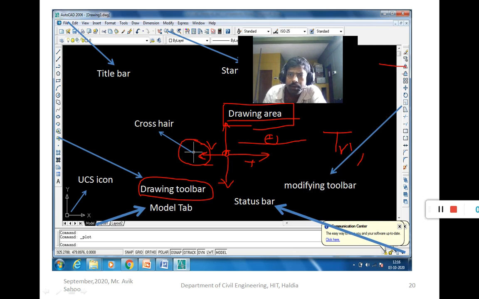This is the mirror command, this is the move command, this is the extend command, the trim command. So a lot of modifying tools are available to modify the drawing, which are kept at the rightmost side.